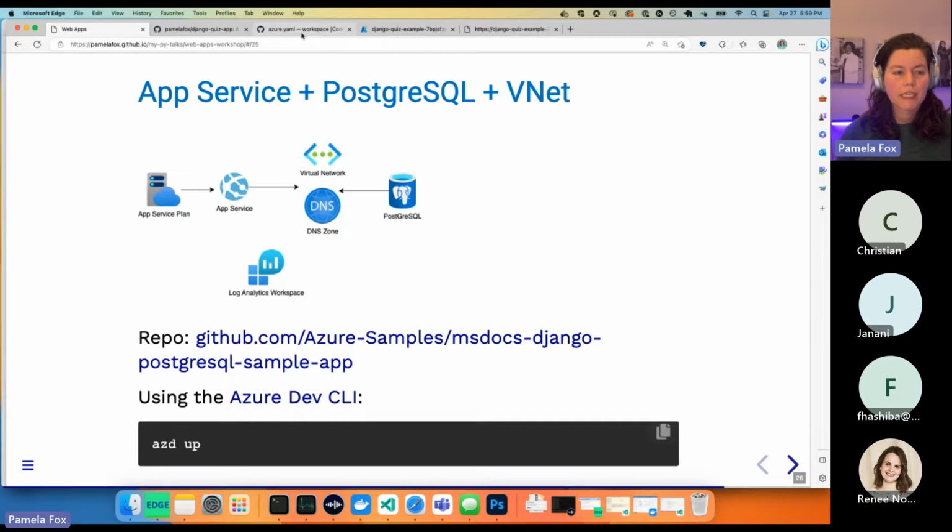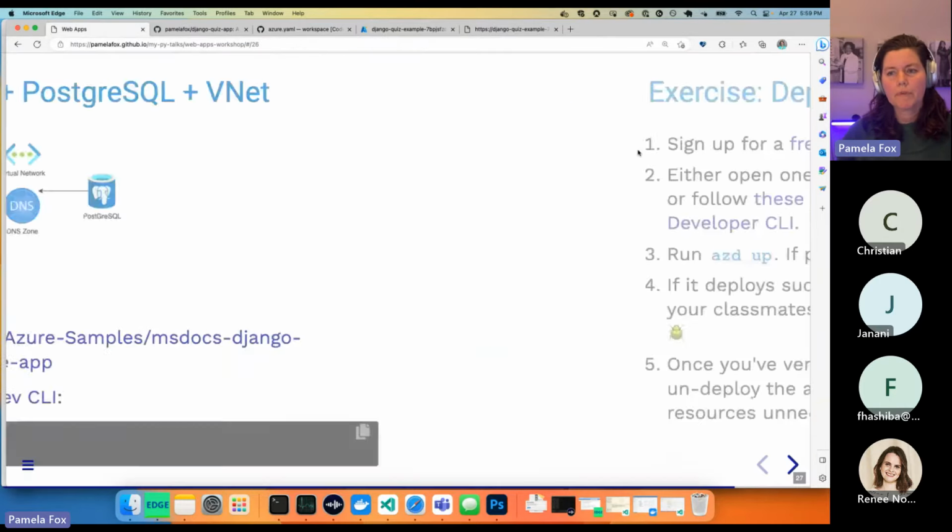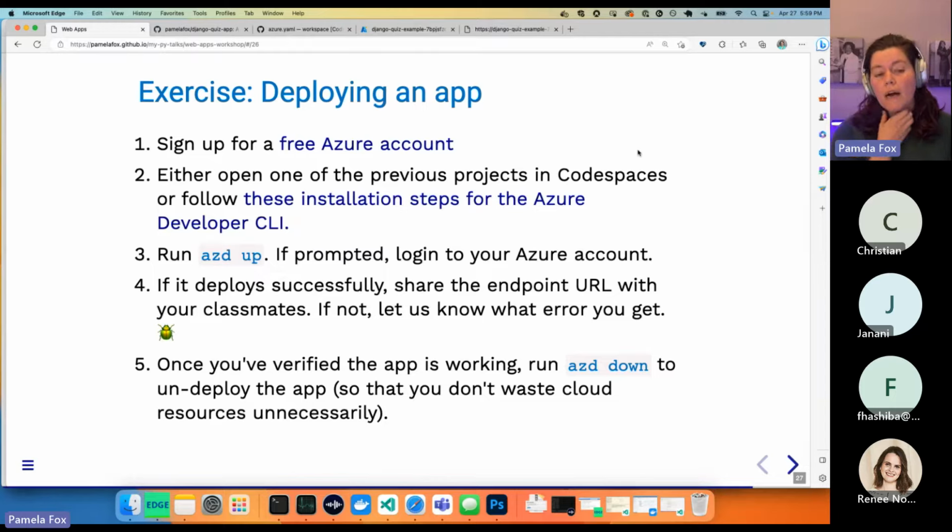Still deploying. So we may not be able to deploy in time since we only have a minute left. But I do encourage you to try using AZD on these repos. One thing that's important is that after you do get something up, afterwards run AZD down for two reasons. One, just generally we don't want to waste cloud resources, and two, we don't want you to accidentally incur any costs. We try to use as close to the free level as we can for these sample repos, but not everything has a free level, and it also depends on whether you're in your first free 12 months of an Azure account.